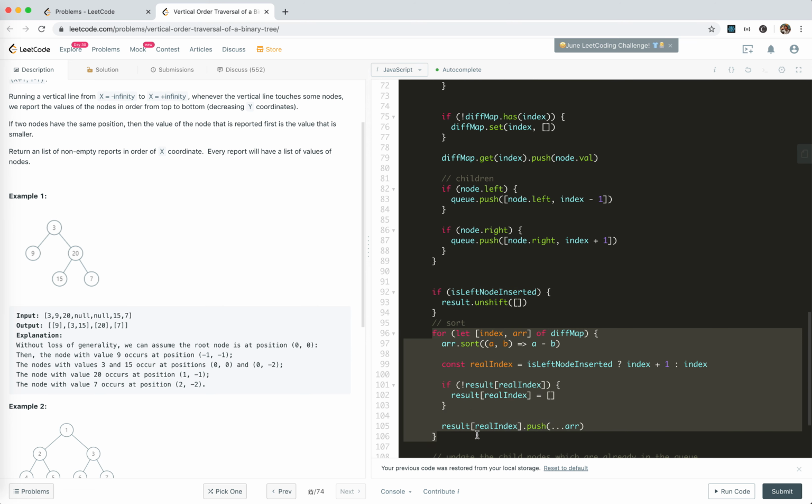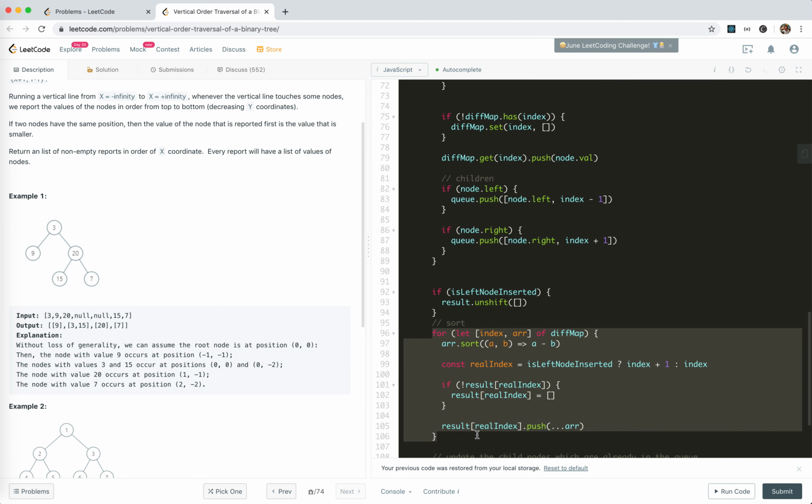And update the child nodes which are already in the queue. The children will also be updated with the index, because we push the index plus 1. This is the original index. When we insert it, all the indices have changed. Cool. So actually, this is it. Not that difficult. The only tricky part is that we cannot insert beforehand. We need to sort first and then insert. The order actually is kept